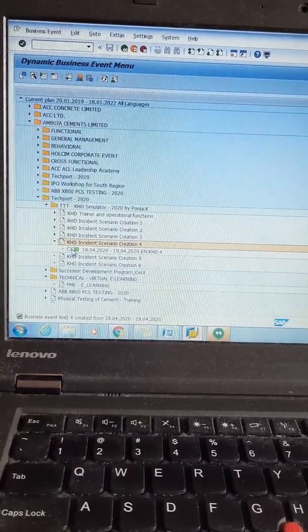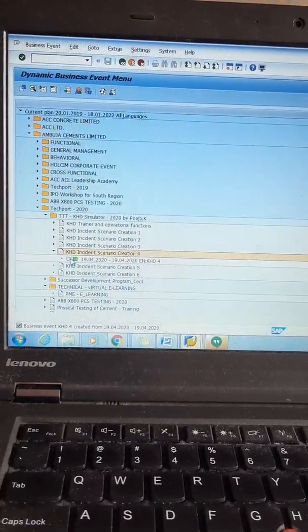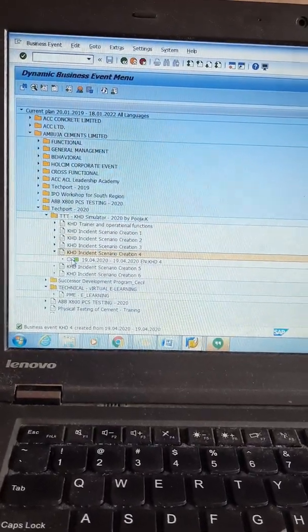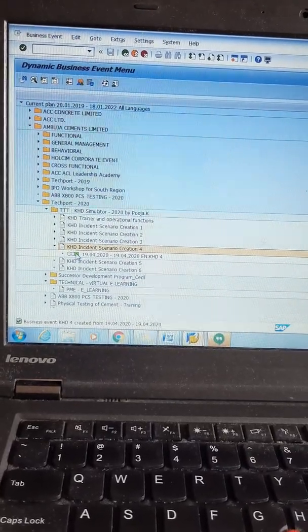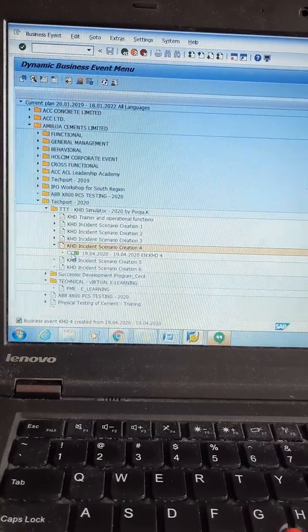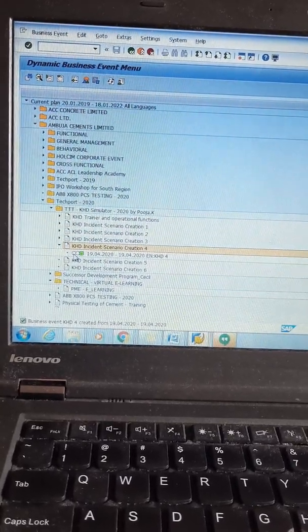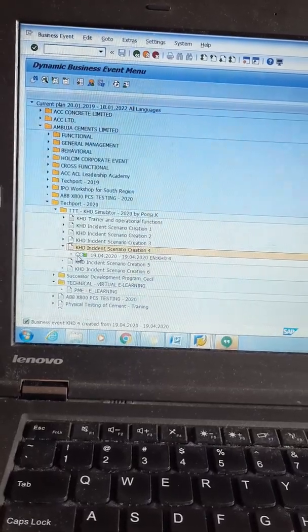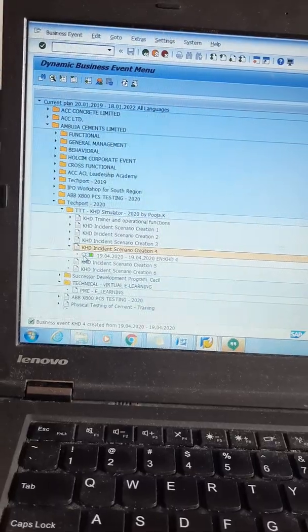One important thing for you all: however many records you are adding, my default was 100. If it is 100, we can add 100. If it is more than 100, you can see this green color change to yellow and red, wherein you cannot enter data more than the capacity available for this training folder as a record.